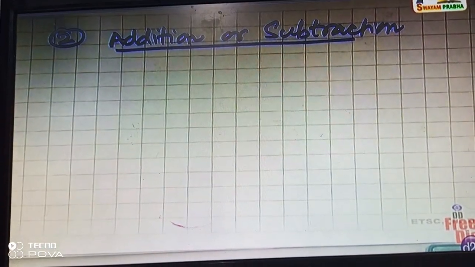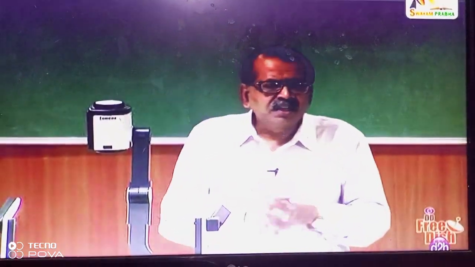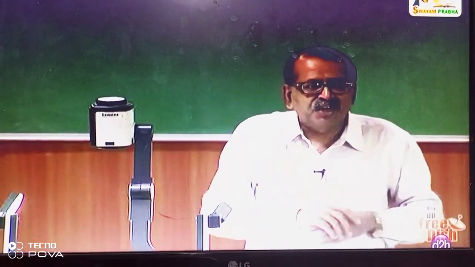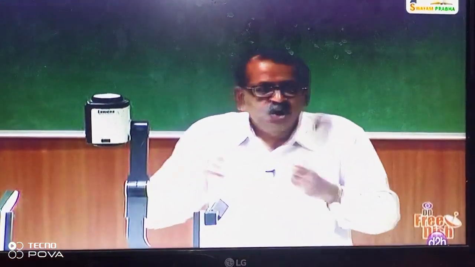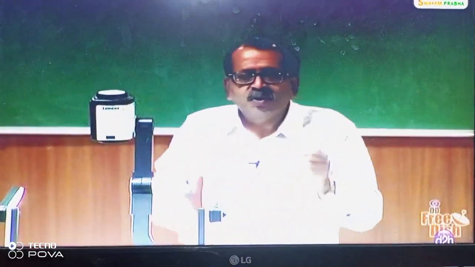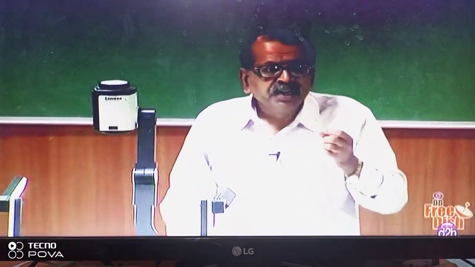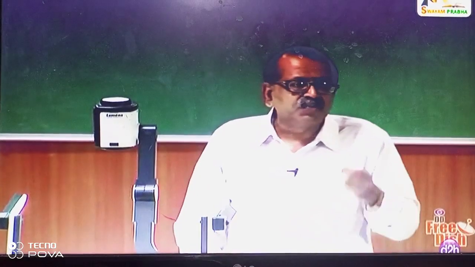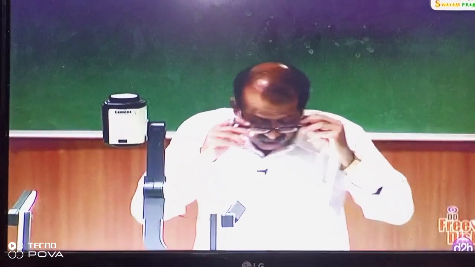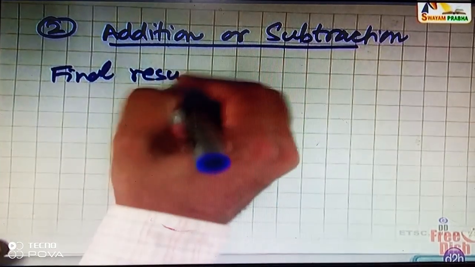Now it is very clear in addition or subtraction, when we are adding 2 quantities or subtracting 2 quantities, then these 2 quantities have to have the same dimensions. They cannot be 2 different dimensional quantities. For example, we can add 2 lengths or we can add 2 masses, but I cannot add a mass to a length. So now here what we have to do is see how much is the error in each of these quantities, and if I'm adding up 2 quantities, whichever has the most error, that is the error which I'll have to take. So here what we do is we retain in the final result, when we add or subtract, we retain